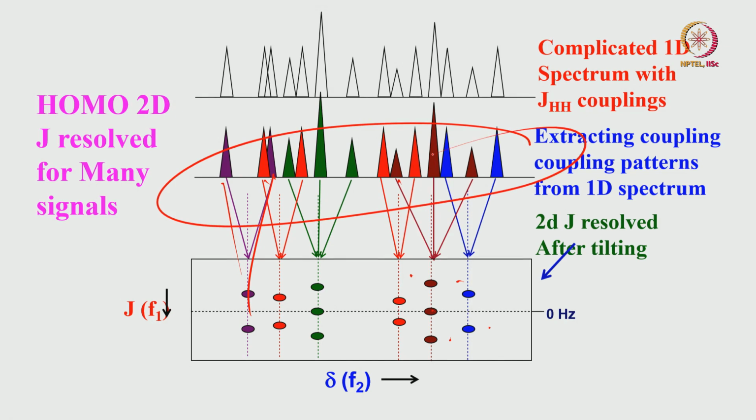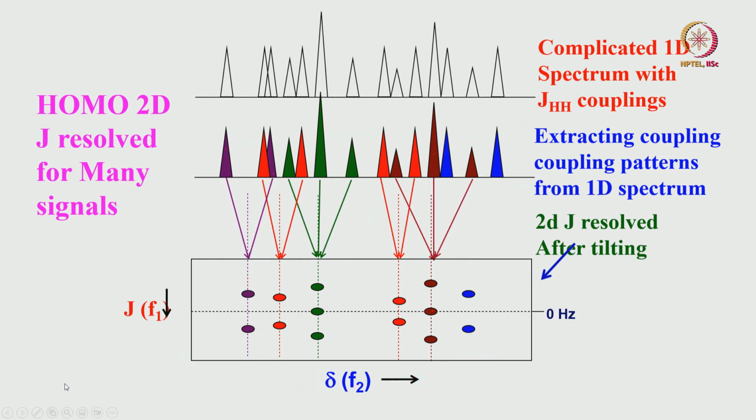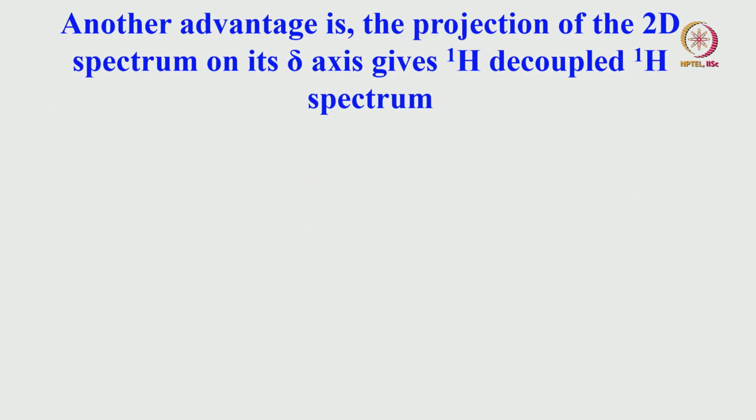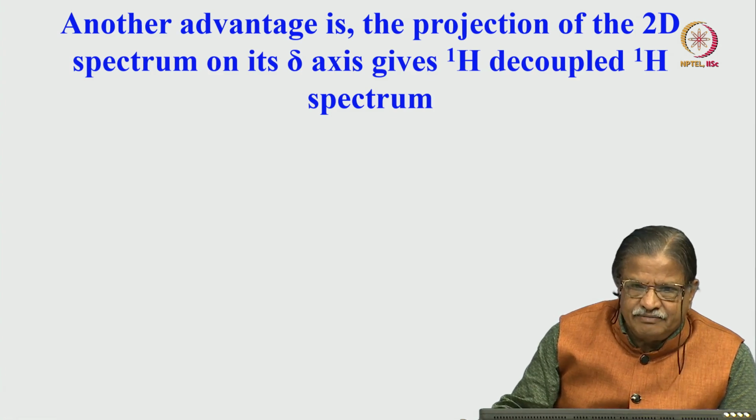What did we do? We simplified it by just removing one of the parameters, resolving it, taking it away, putting in different dimensions. Our analysis becomes simpler. Directly you get chemical shifts here and measure here you get J couplings. This is the biggest advantage of a J-resolved experiment, where the spectral analysis gets drastically simplified. Okay. Another biggest advantage is the projection of the 2D spectrum on the F2 axis and the direct detection axis